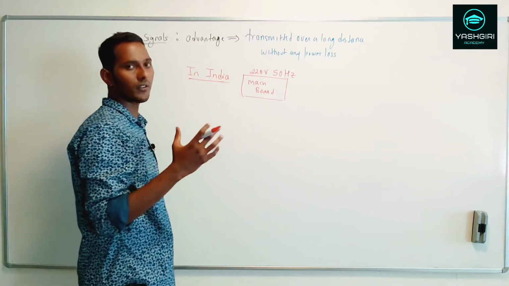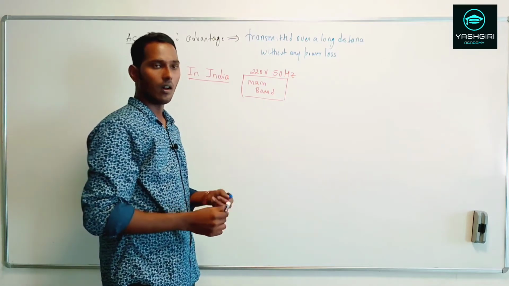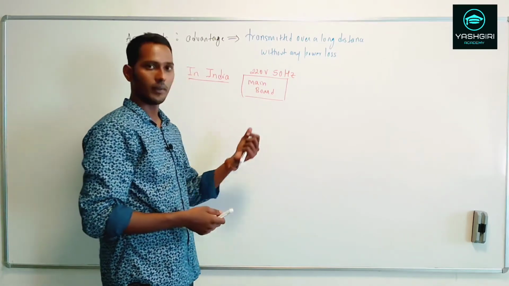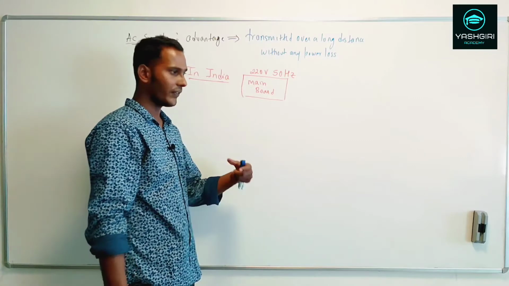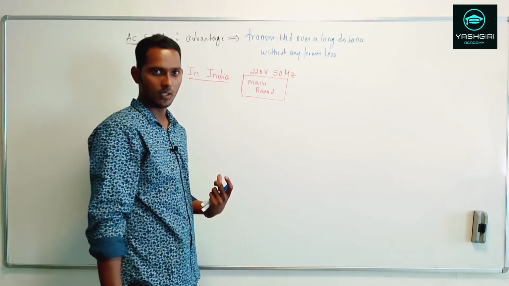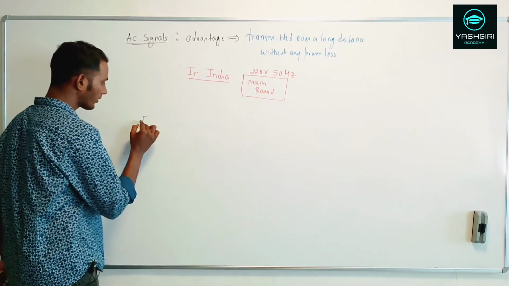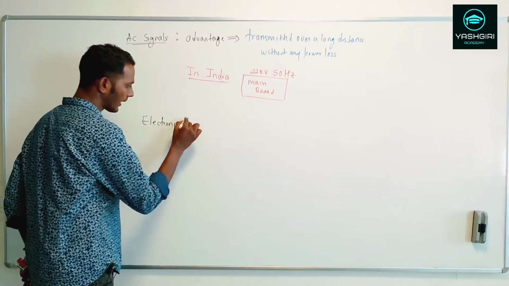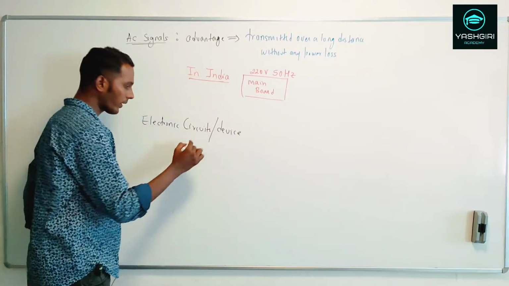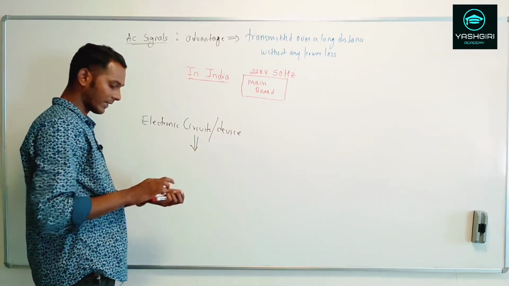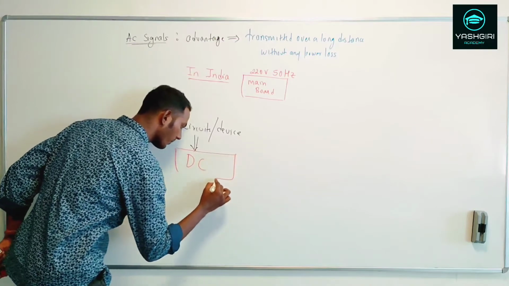Now there are some applications of AC as well. We can use these AC signals for heating purposes, or if you want to run some electric motors, etc. But there are some other applications, like we are dealing with electronics in this course. Now if you want to run electronic circuits or any device, what is the requirement? The requirement is a DC supply, that is your constant supply. We need a DC supply.